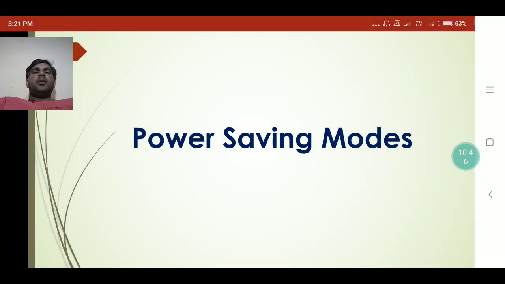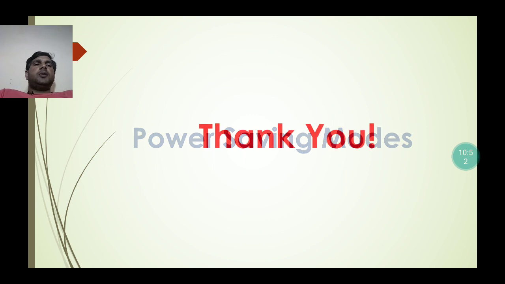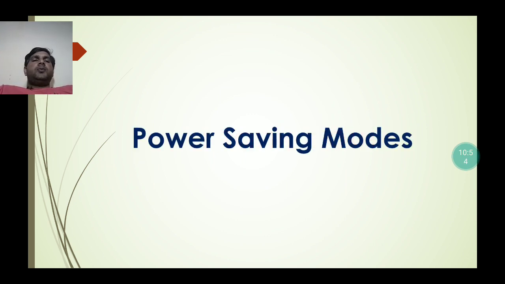Now we will discuss how to use power saving modes. For example, sometimes we need to change the power settings, meaning we need our battery backup to be high. So we can change this kind of settings with the help of control panel also.